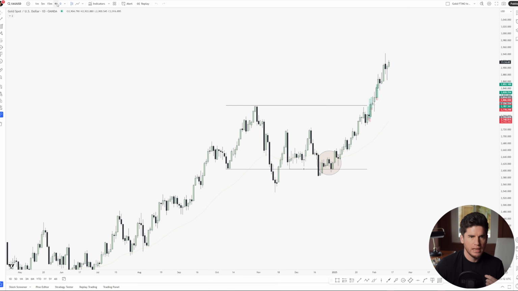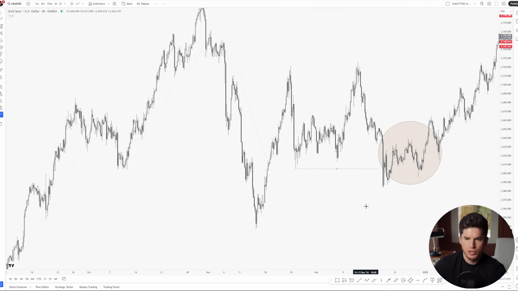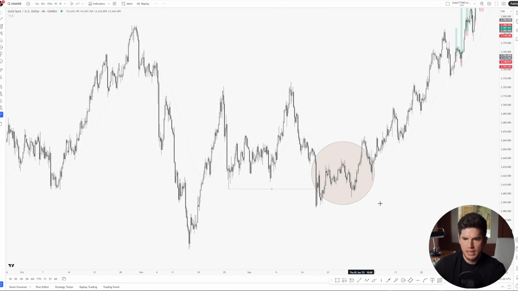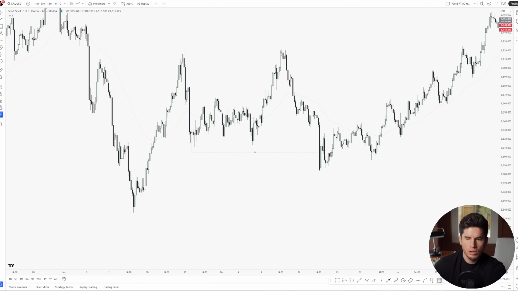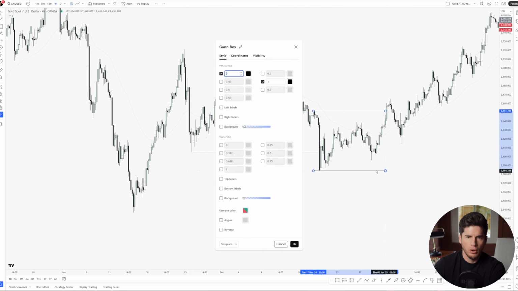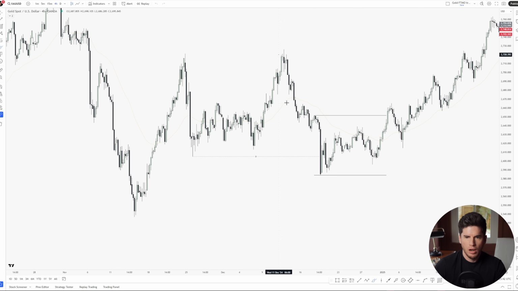So let's jump down to the 4 hour and have a look just after that daily internal run on liquidity, which you can see here. I'm going to remove this circle now so we can see properly and zoom in. Now, you're probably here because you've seen one of my videos before, but if you haven't, I use ranges. I basically just get a Gann box and I have 0 and 1 because it allows me to draw a high and a low of a range. What do I mean by a range? If we're having a low, a high, low, high, low, high, low, the most recent high and low forms the range. So redrawing this 4 hour dealing range back in,